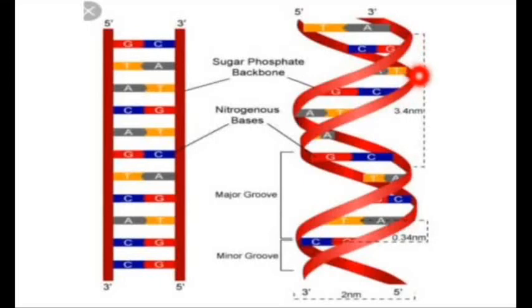The space between adjacent turns of the helix forms two grooves of different width, a major groove and a minor groove. The major groove is wide and deep, while the minor groove is shallow and narrow. The width of the DNA helix is 20 angstrom or 2 nanometer. The distance between two nucleotides is 3.4 angstrom. The double helix makes one complete turn every 10 residues.